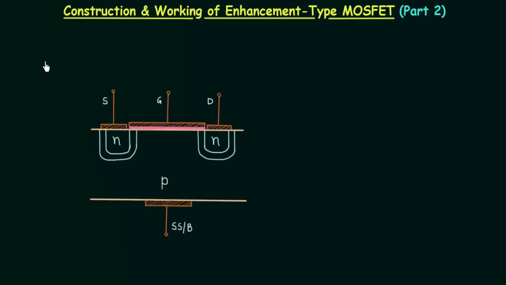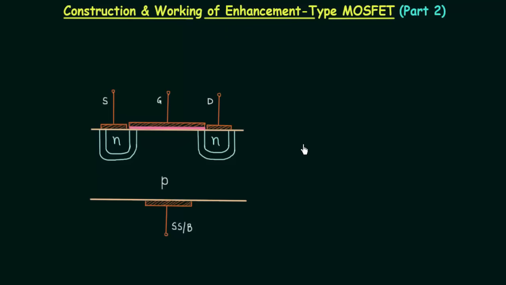In the last lecture, we saw the construction and working of N-channel enhancement type MOSFET. We saw the classification of MOSFET. We discussed the differences between depletion type and enhancement type MOSFETs, and the most important one, we discussed how the channel is formed in case of enhancement type MOSFET. Now in this lecture, we will discuss a few important terms and we will also complete the working of enhancement type